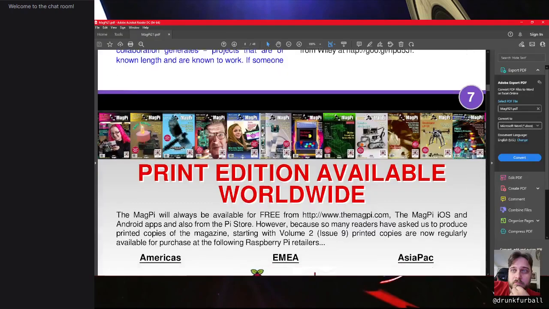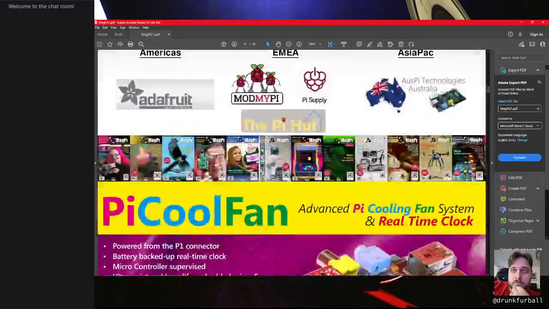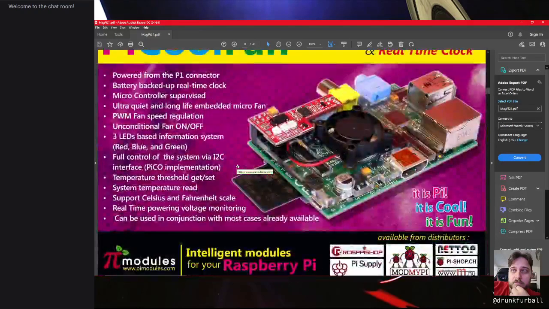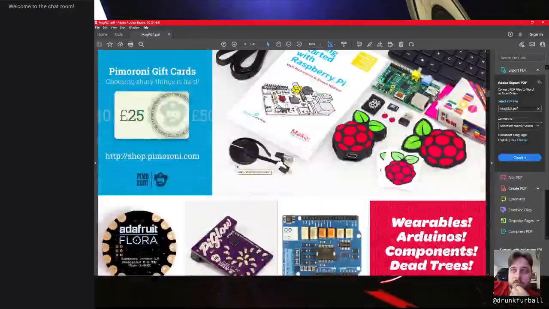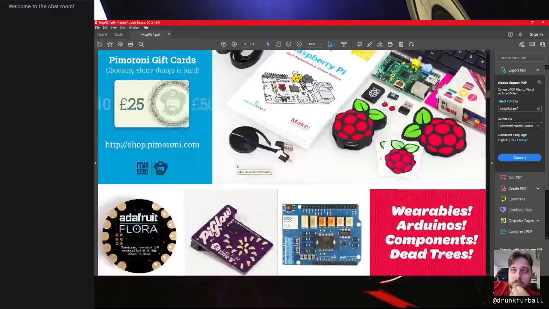And it's a great little magazine. Every issue is available for free for download at raspberrypi.org/magpie, I believe is the address. Go check it out. A lot of really cool stuff. And even if you don't have a Raspberry Pi,